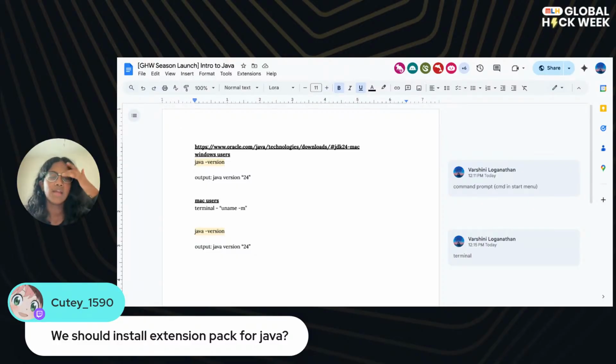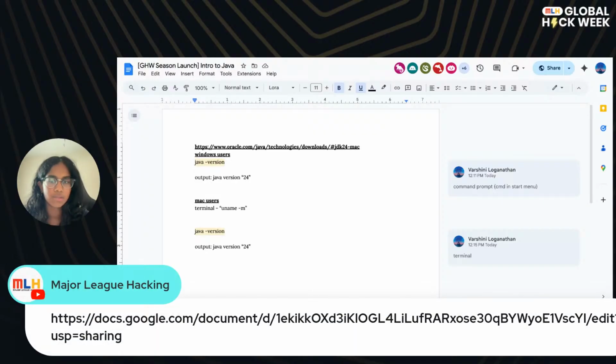So don't do that. But for those of you joining us new, this is our running Google document, and this is the link for that. Make sure that you click on that and open that up now because I'm going to take it away soon. I'm not always going to be screen sharing the Google Doc because I might be typing in VS Code or showing you another tab, and I want you to be able to access this document while I'm typing. So open that up, put it on a tab, and have it in the background.